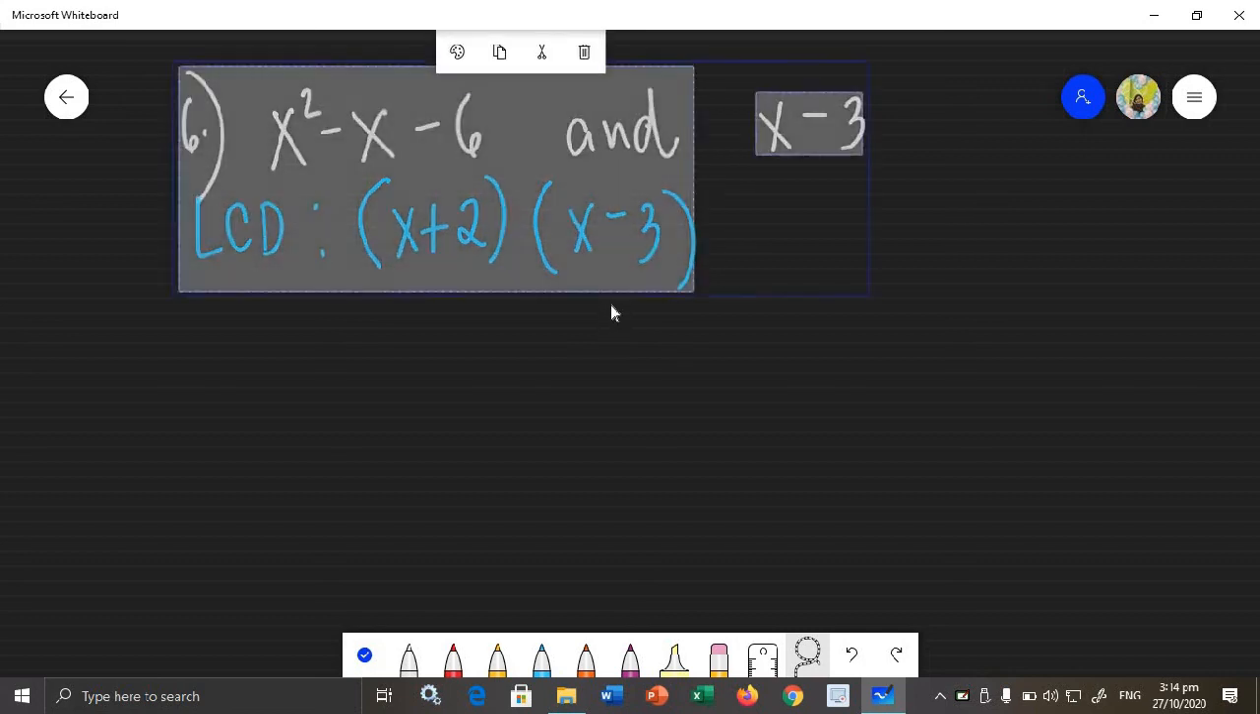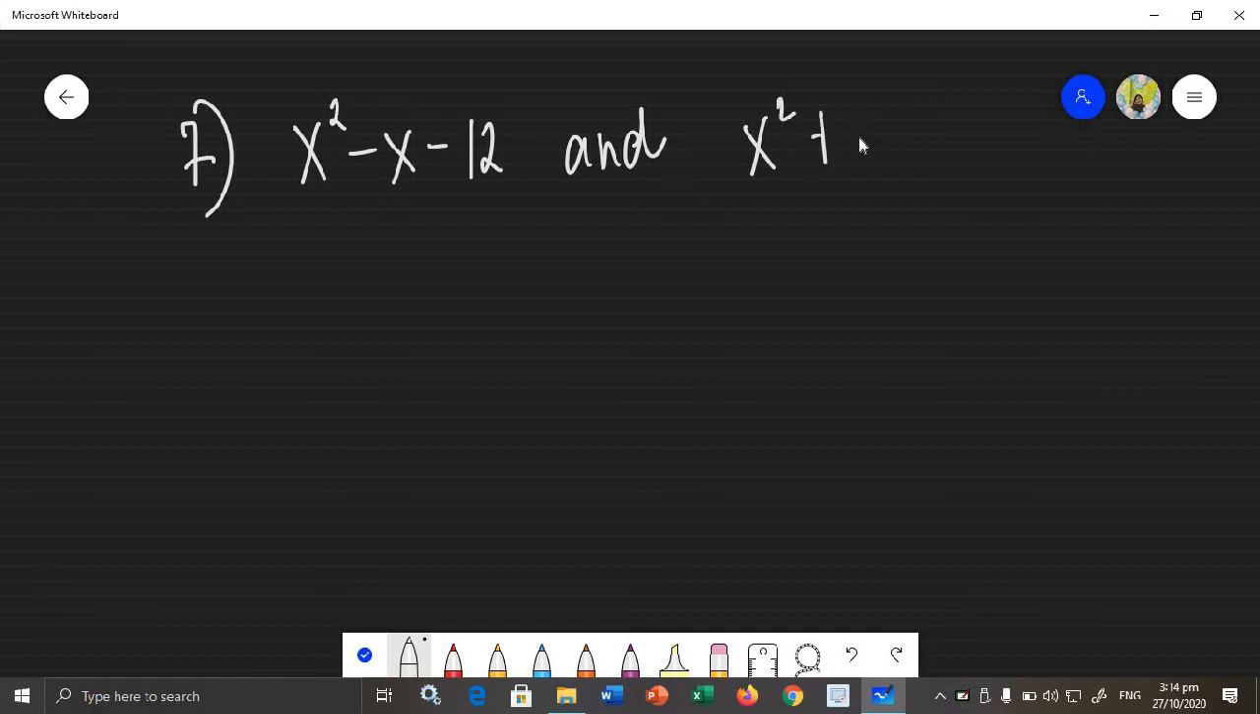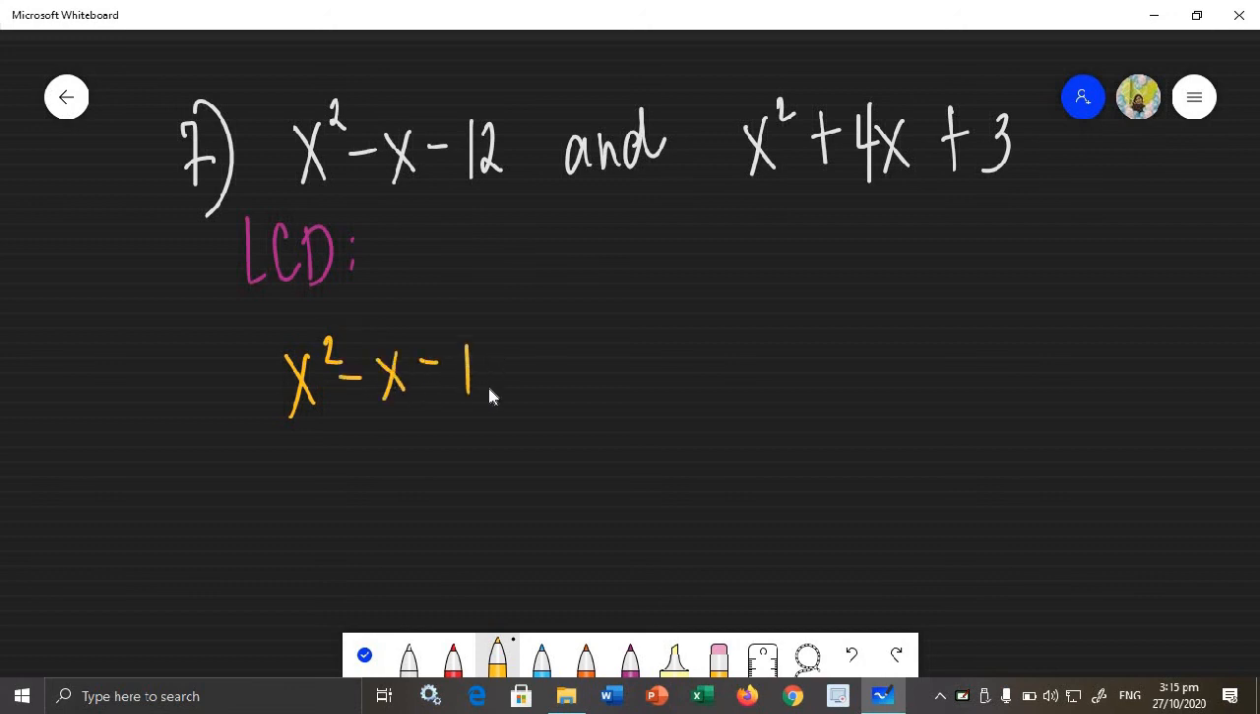How about the last example, which is number 7? So let's say the denominators of the given RAEs are x squared minus x minus 12 and x squared plus 4x plus 3. Let's say we have that. Okay, and we will look for the LCD of these two. So for you to be able to find the LCD, again, you will factor the given. So we will find the factors of the two trinomials. So here,